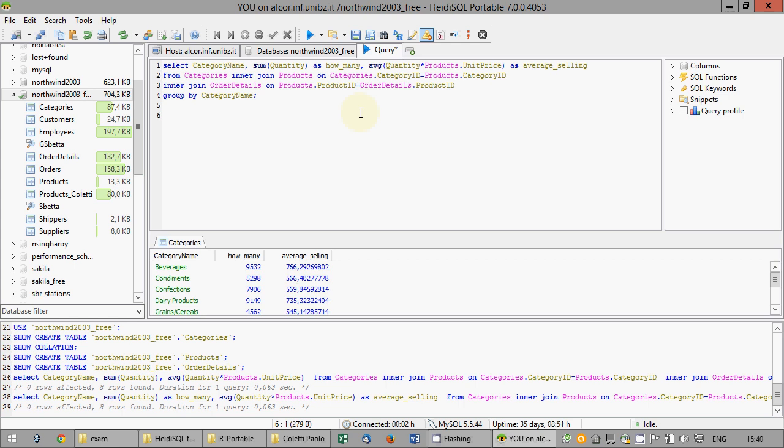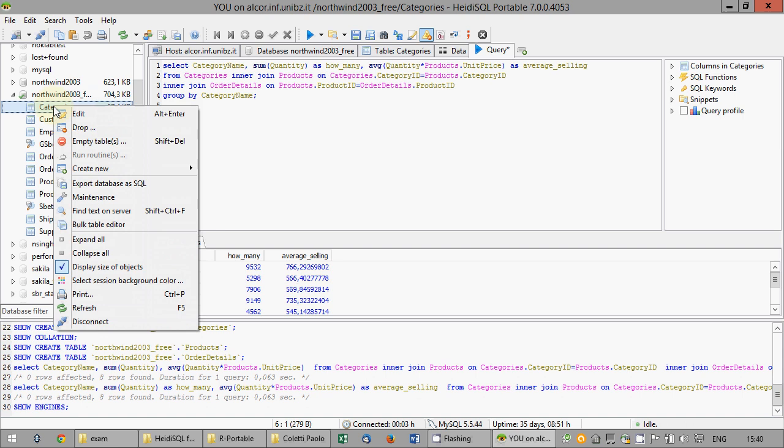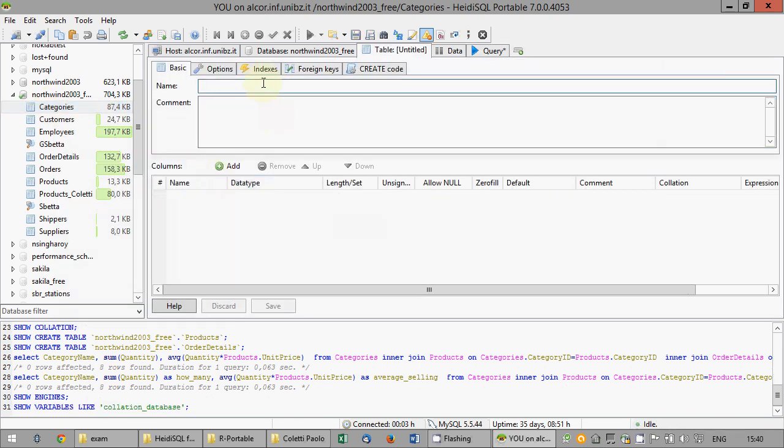Second, build a table, called as your surname, with a structure of three fields, in the database in such a way that the user must choose only among a list of countries. Well, in other databases, you will need to build a relation, etc. In MySQL, you simply need to build a table, usually called countries, with a list of countries inside. In this case, I ask you to call it with your surname, otherwise other students will overwrite your table. So you can build it by typing directly, okay? Or you can build it directly in the database. Well, probably it's much easier to build it here, table, countries Coletti,